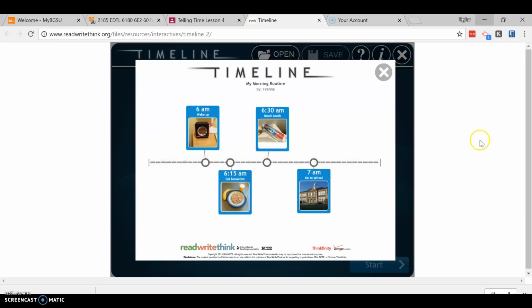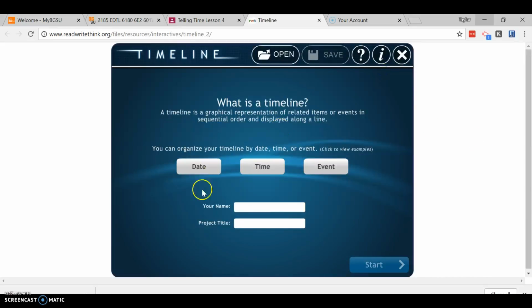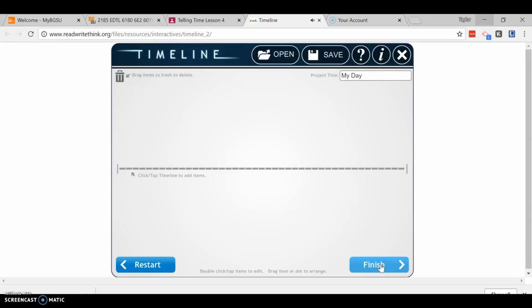We're going to do an all-day activity. So what we're going to do is I would like everybody to go in here, and they're going to write their name, and you're going to title your project My Day. Okay, and what you're going to do then is hit start down here at the bottom. This is very easy. So when you go over here, this is the morning time, and as your day goes, you're going to continue to go down this timeline,